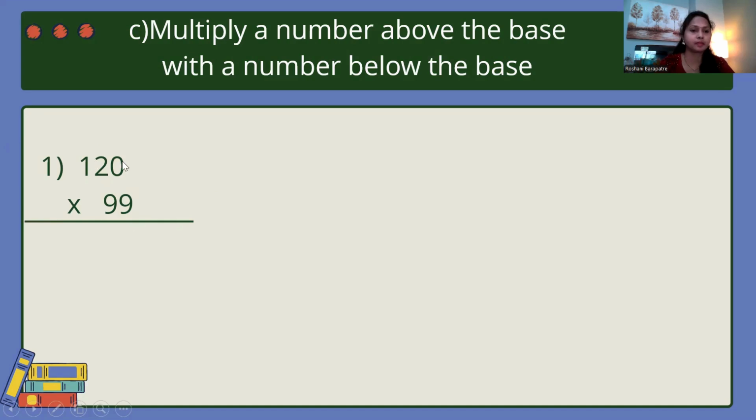The base is the same. For 120, the base is 100, and here the base is also 100. But what is the situation here? 120 is above the base and this one, 99, is below the base. Okay. So let's check how we can solve this problem. Base is 100. Then put the places, 2 zeros, 2 places. Now here the difference is plus 20 because it is above 100, and here the difference is minus 1. 100 minus 1 is 99.